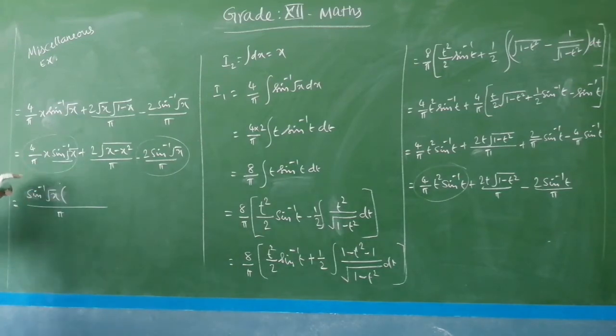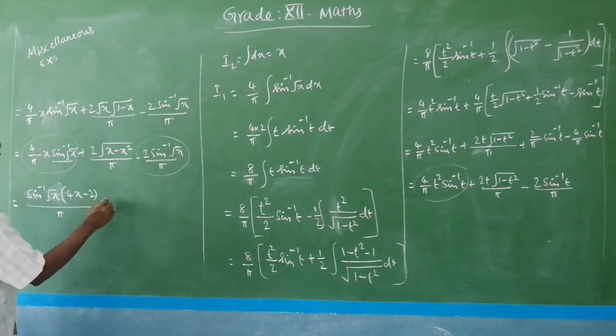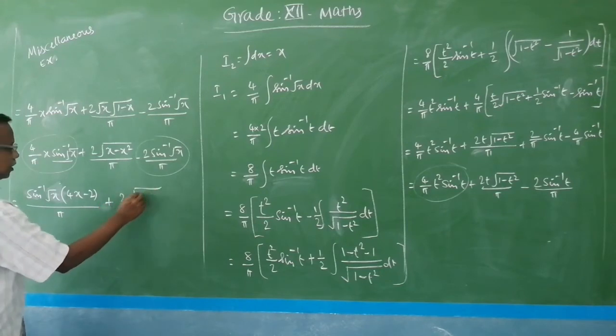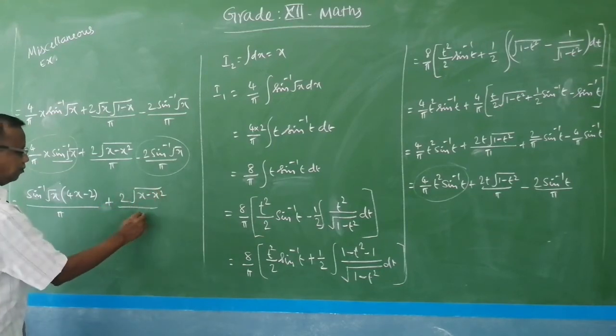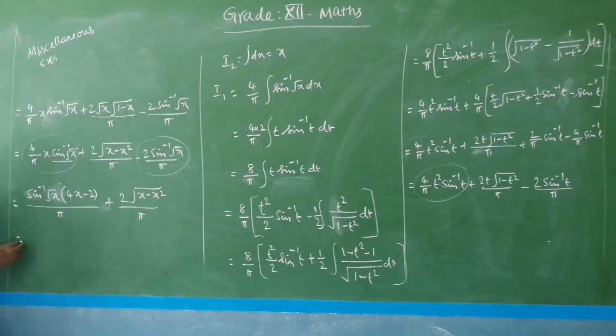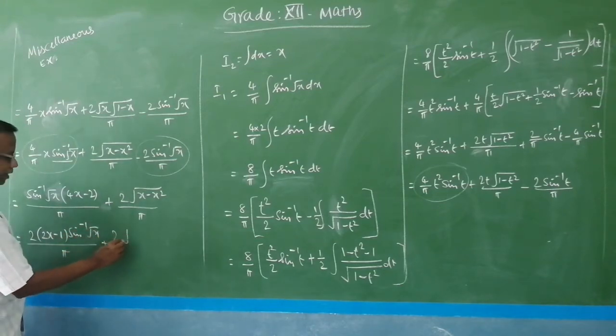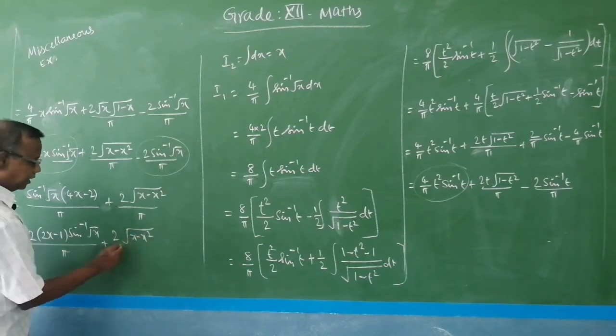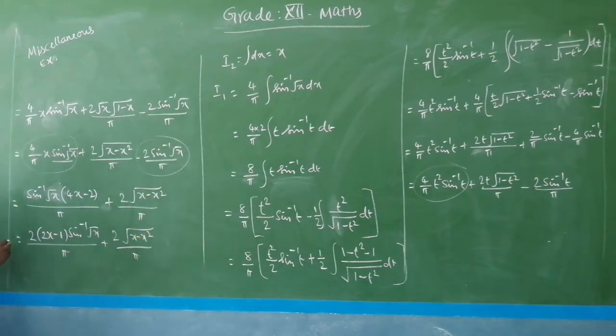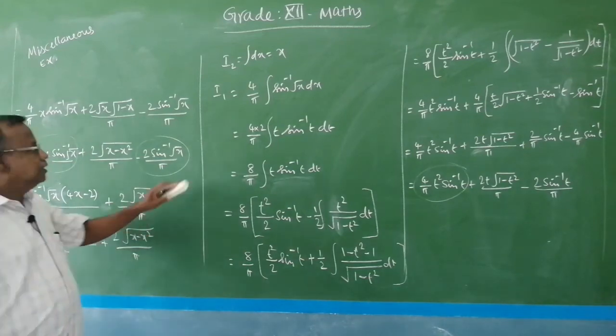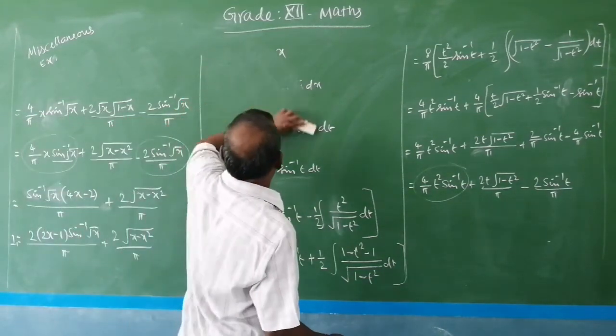into this is 4x minus 2 and this is plus 2 root of x minus x square by pi. Even we can take 2 outside, that is 2 into 2x minus 1 into sin inverse of root x divided by pi plus 2 into root of x minus x square by pi. So, this is I1, and the final answer is